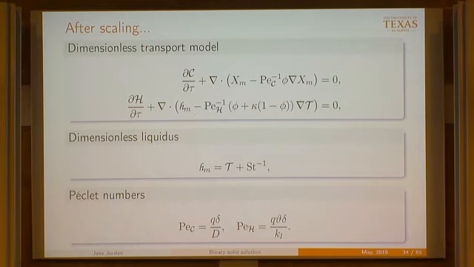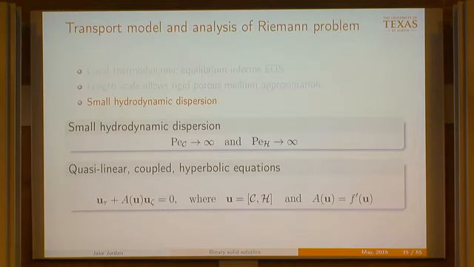I know I'm talking about small distances, which would of course make Peclet numbers larger. But these terms here, D and the thermal diffusivity of the liquid and the hydrodynamic dispersion of the porous medium, these numbers are really, really, really small. So the Peclet numbers become really, really, really big,